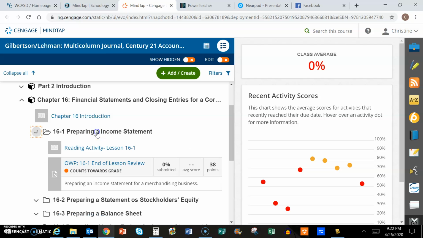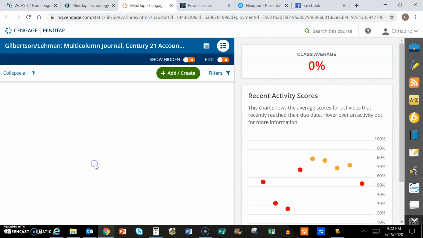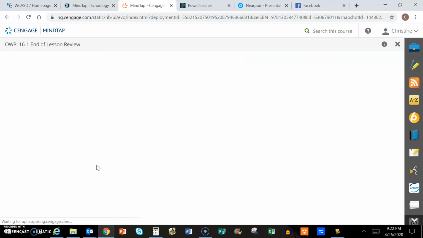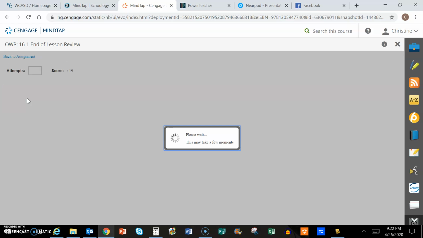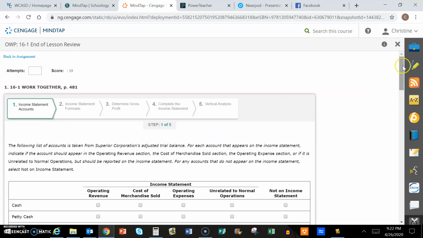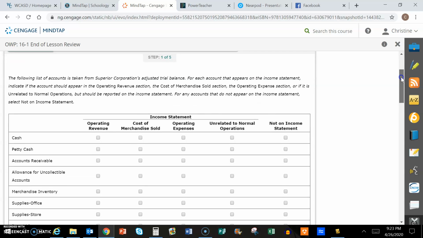Okay, let's start with the income statement. So let's go to 16.1. I'm going to have to do multiple videos because they will be kind of long. There's a lot of stuff going on. So I'll try to do each section as I can. So 16.1 work together. First thing we're going to do is decide what accounts are going to be on the income